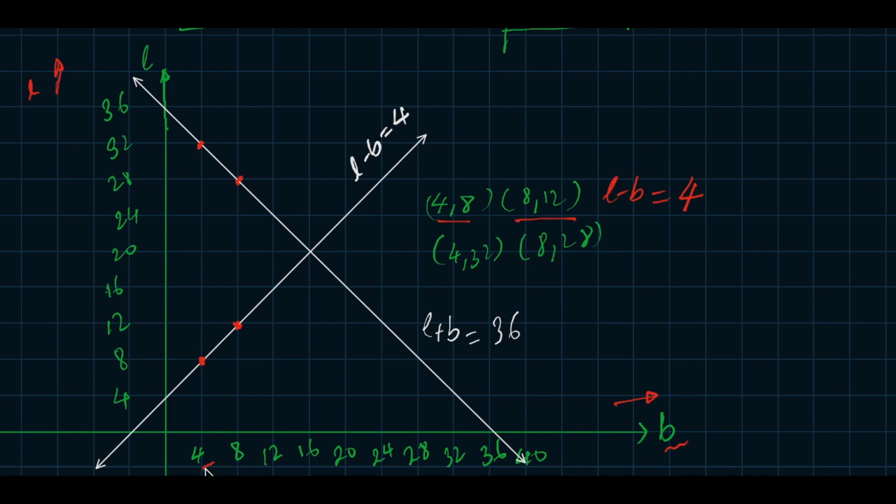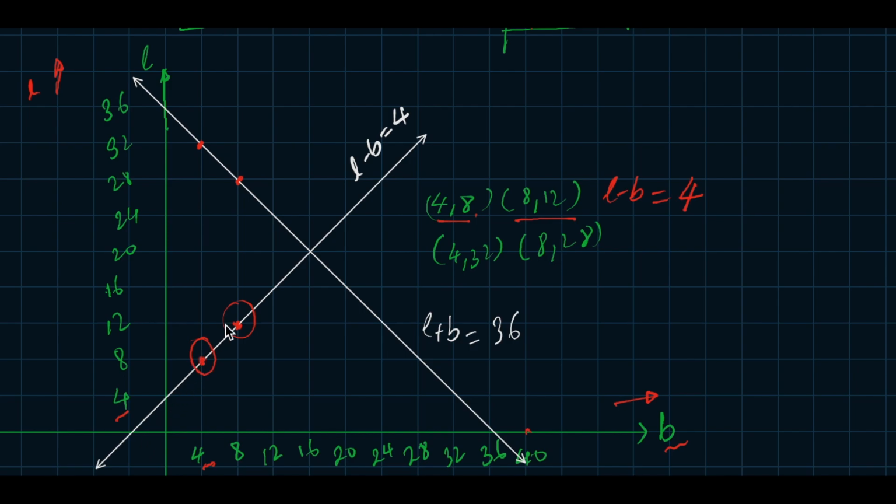So every distance will be 4, 8, 12, 16, 20, 24 up to here, and we have plotted till 40. Similarly for y also, one unit we are assuming is 4. So it is 4, 8, 12, 16, 20, 24 up to 36. Now our first point is 4, 8. So for x equals 4, the value of y is 8. Our second point is 8, 12. So for x equals 8, y is 12.